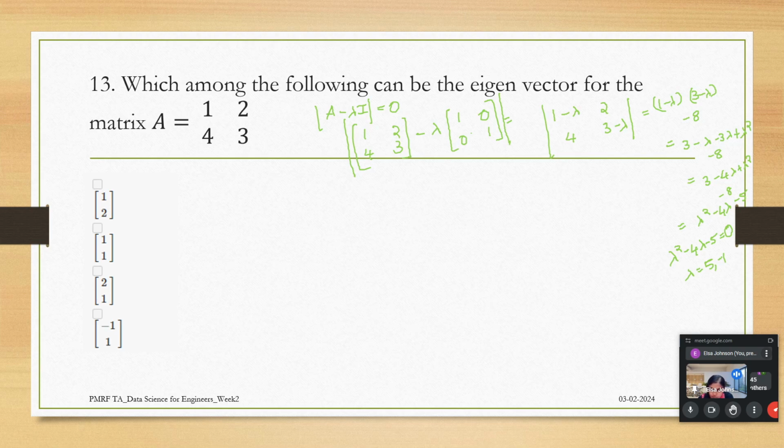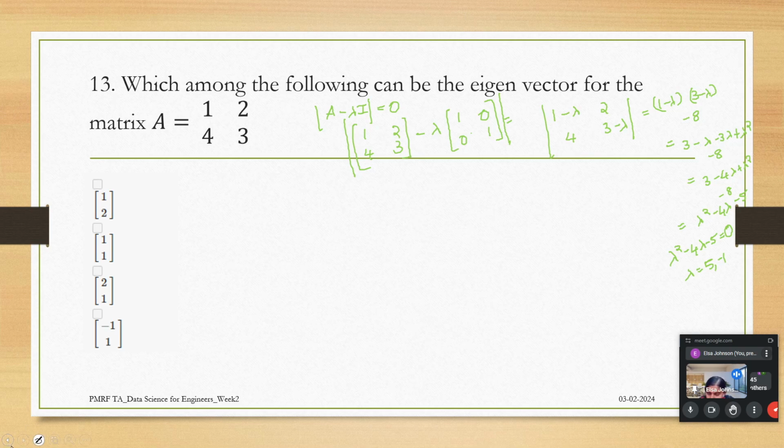It's not 4 and 1. Okay, the eigenvalues are minus 1 and 5. So Neil, I think it might be clear till now. Then after that, now we have to find the... it's 5 and minus 1. Okay,